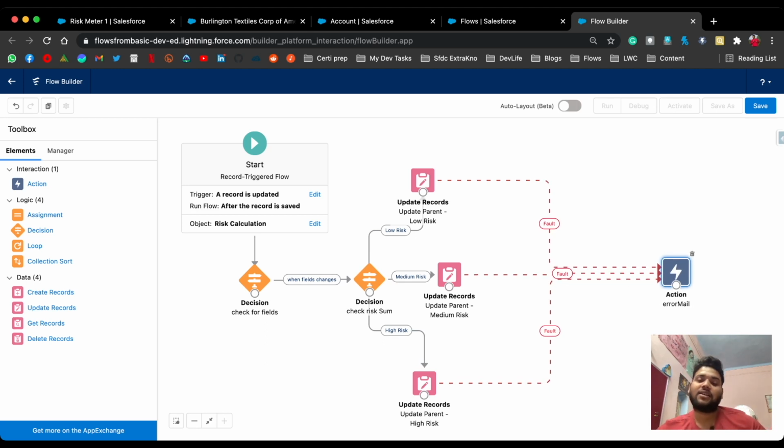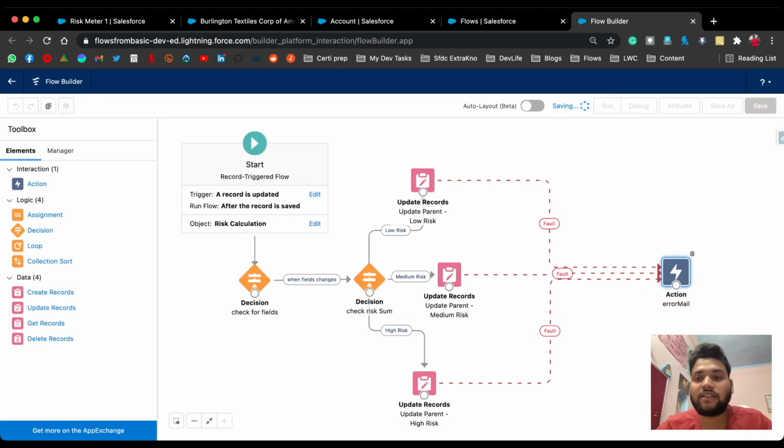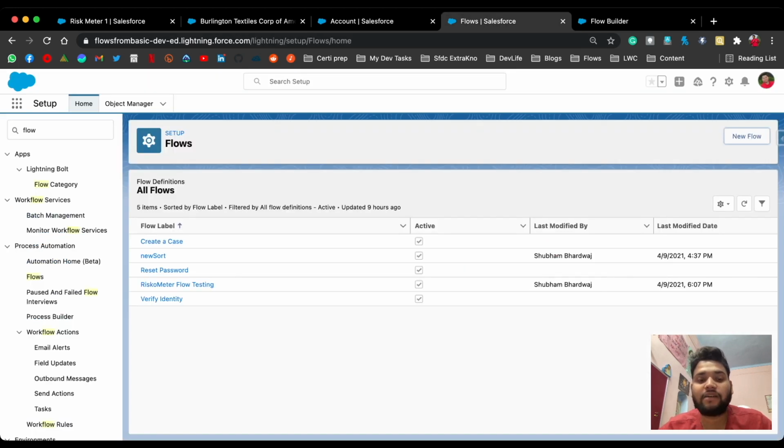So you can select these fault lines, and let me save this flow. Let's say risk meter automation, and save this, and let's activate it. Now what I need to do is deactivate my previous flow which I created with the help of is changed.